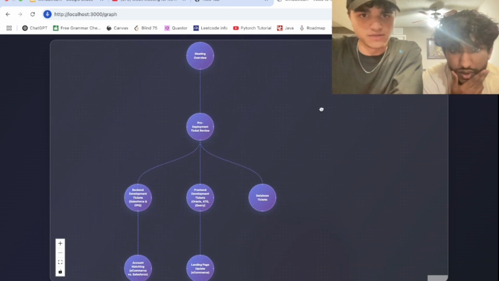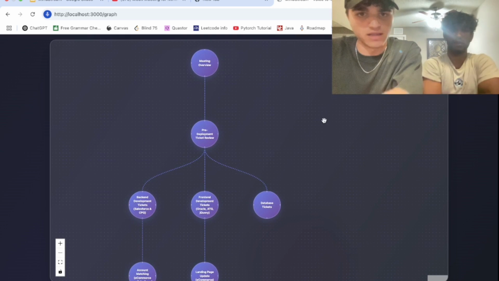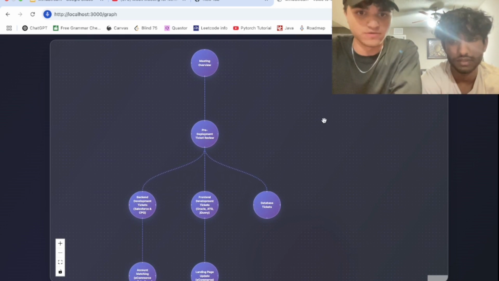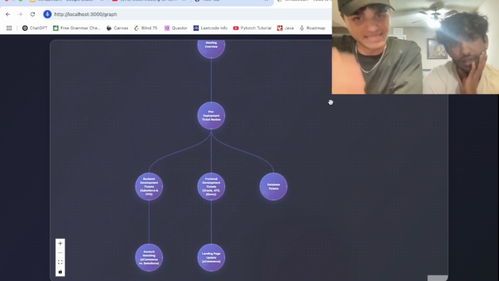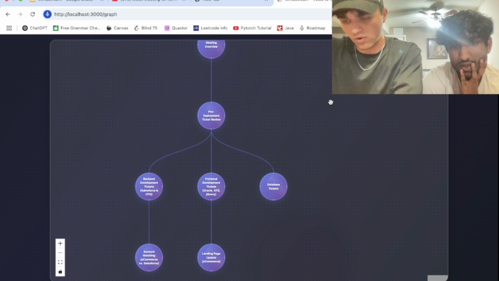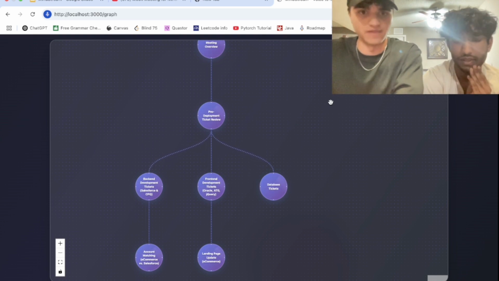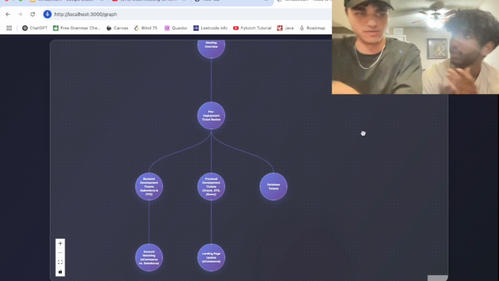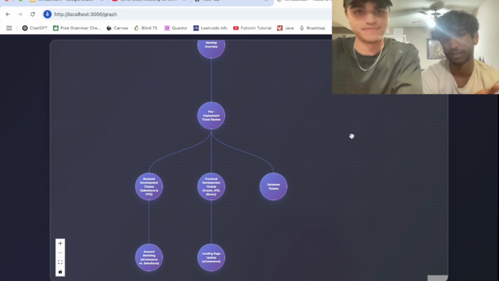It seems to look pretty accurate. If you can notice, it starts off with a more high level overview of what the meeting was about. In this case, it would be a meeting overview, and it breaks it down in layers, and the AI actually determines a hierarchical base structure of what is important, and it splits it apart and determines its own relationships between what we were saying, which is incredibly cool.